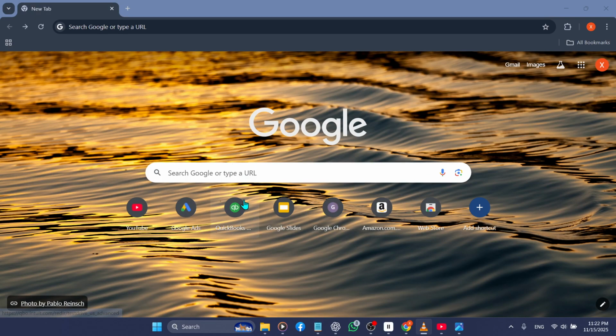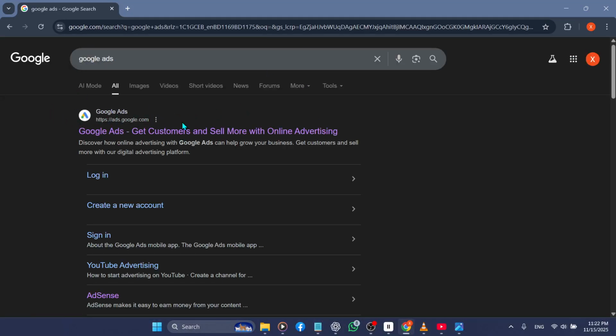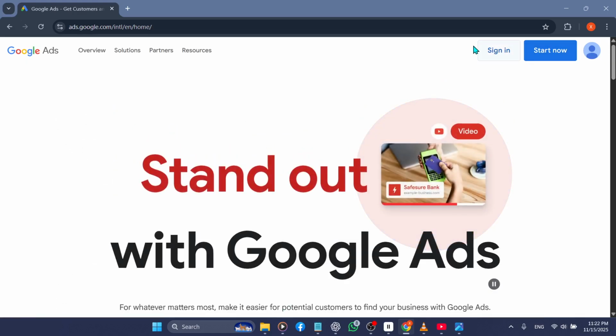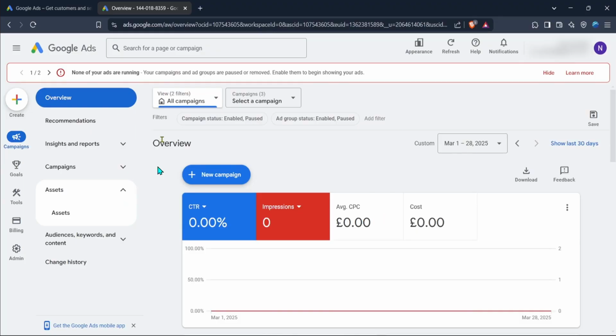Start by opening your browser and heading to the Google Ads homepage. If you are unsure how to find it, simply search for Google Ads and click the official link. Once you arrive, go ahead and sign in by entering your Google account details. After signing in, you'll be taken to your main Google Ads dashboard where all your campaigns and ad tools are